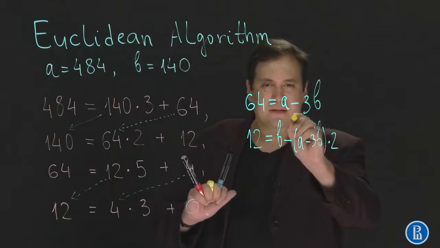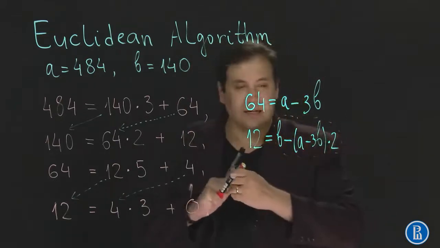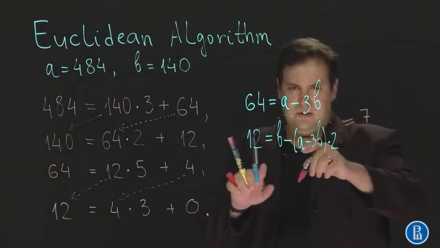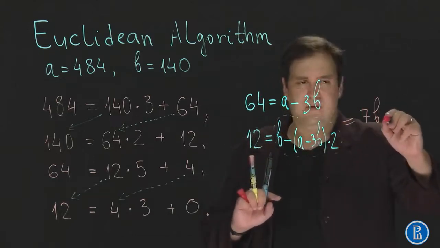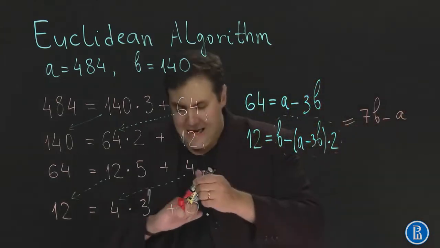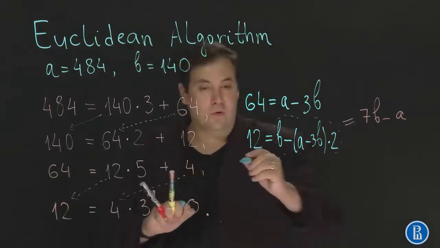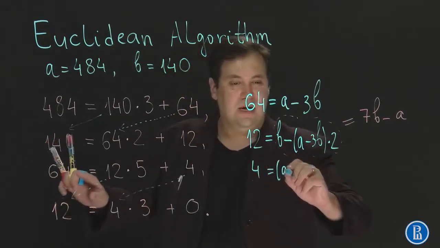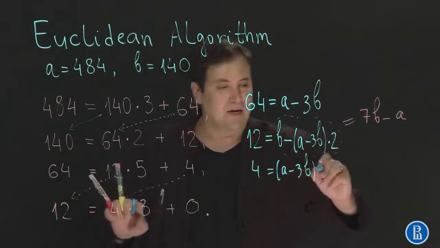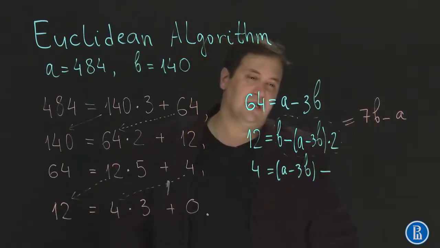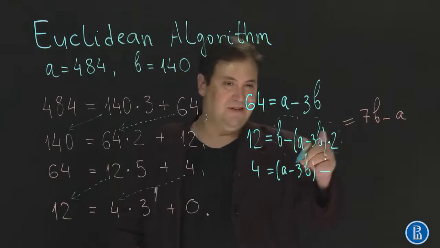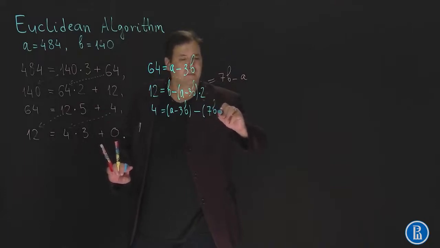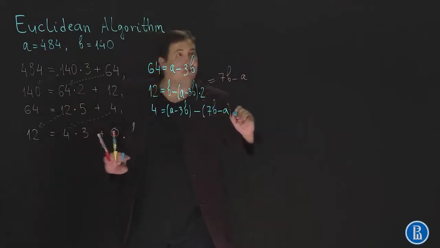Let's just say that it is equal to, what does it, 7b, right? 7b minus a, and the following remainder, 4, is equal to 64, which is a minus 3b, minus, well, 12, which is, just checking, yeah, seems correct, which is 7b minus a, multiplied by 5,